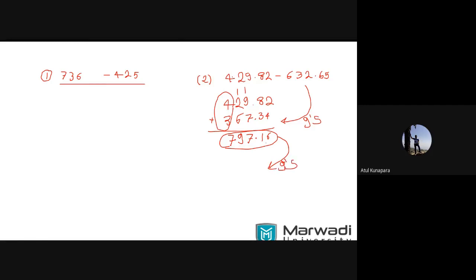When I convert this answer into the 9's complement form, 9 minus 6 becomes 3, 9 minus 1 becomes 8, 9 minus 7 becomes 2, 9 minus 9 becomes 0, 9 minus 7 is again 2. So this is the exact difference between the given two numbers. But as I'm subtracting a larger number from a smaller number, you will get a minus answer. So your answer is minus 202.83. That is the correct answer. Is that clear to everyone?